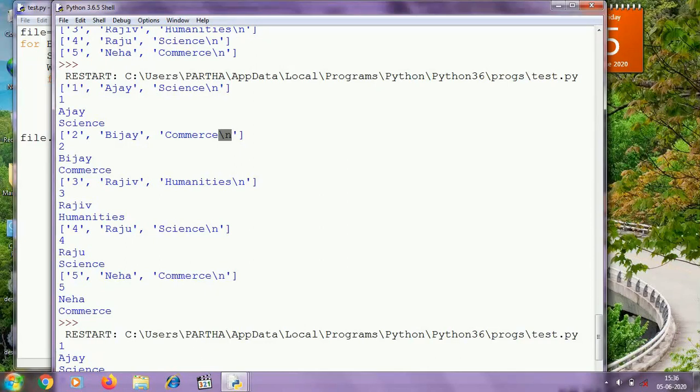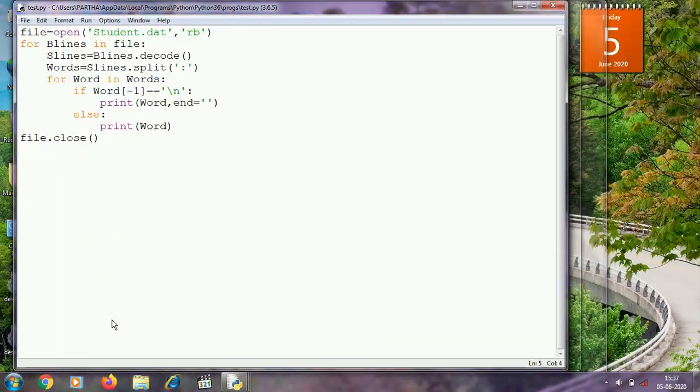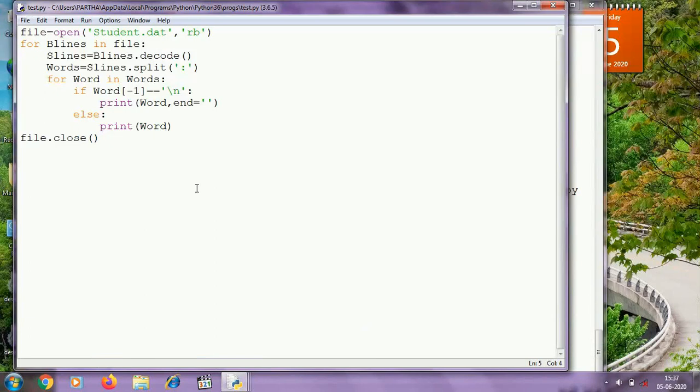I think you remember that when I was concatenating the roll, name, stream, at the end I was concatenating \n also for the new line. So this is the \n that was given by me during concatenation. So using this program I can fetch words from the binary file using file object.